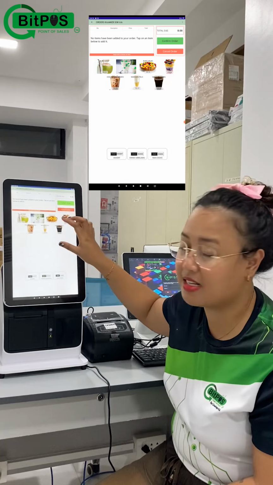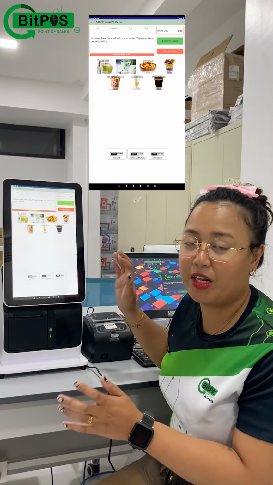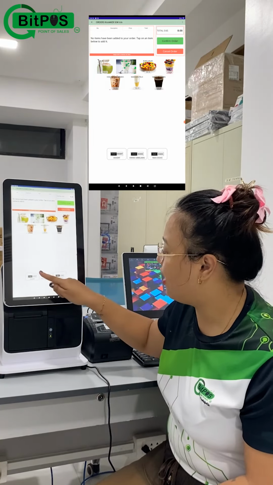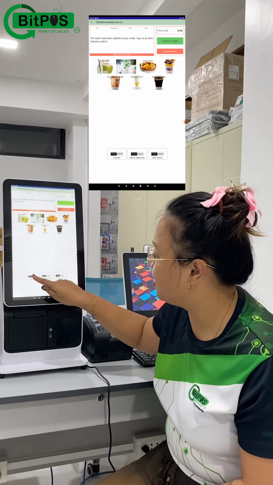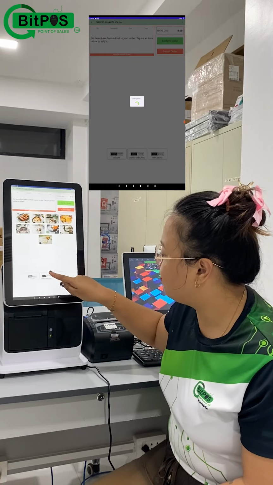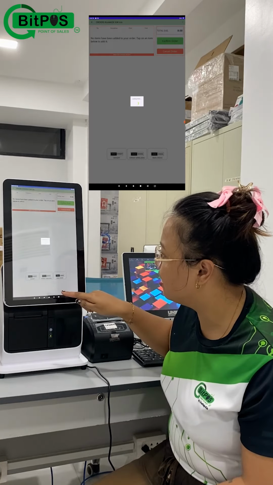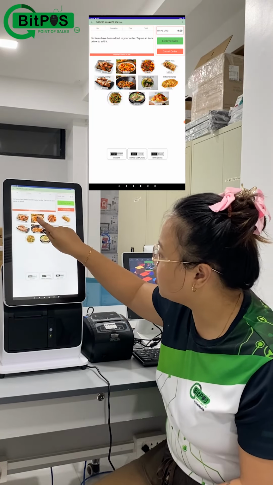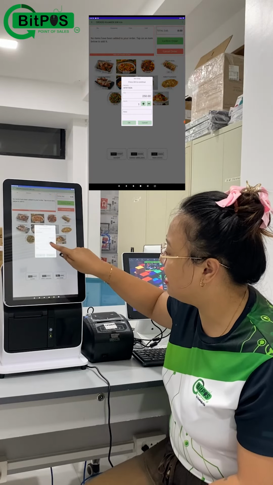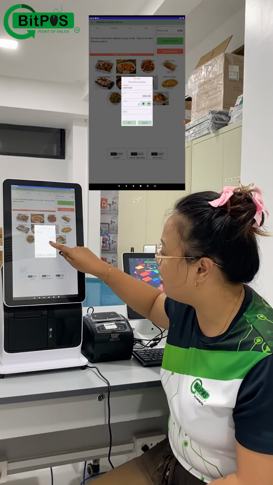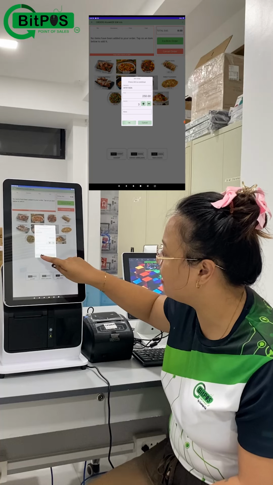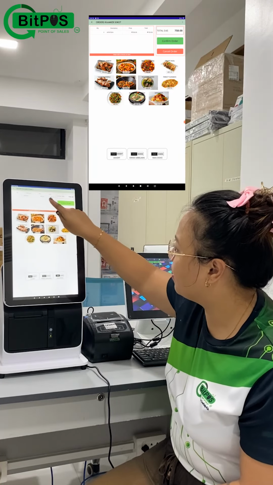This is for my drinks sa malamig. I'll be using a Filipino cuisine here, so I have multiple menus. I have my dessert, I also have my drinks sa malamig, and I also have my main dishes. Every time the customer punches an item, they can put the quantities that they want and then tap OK. It will appear on top.